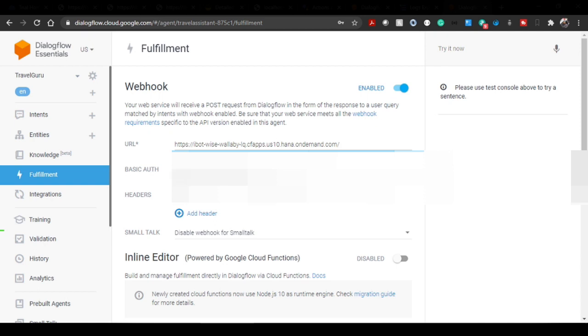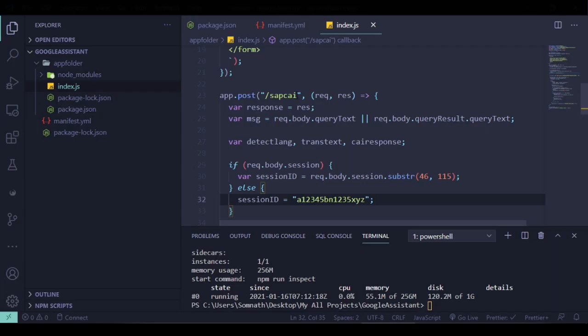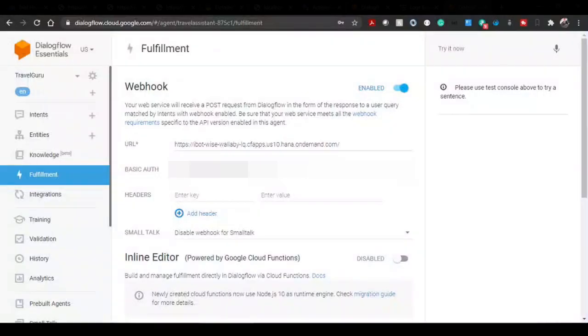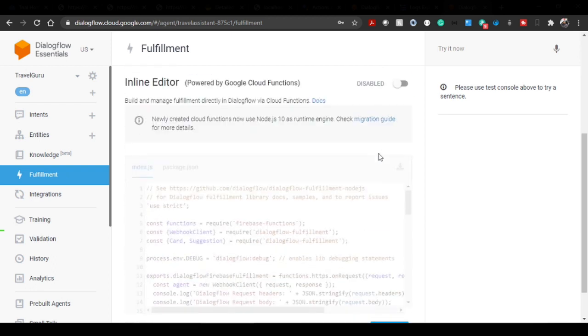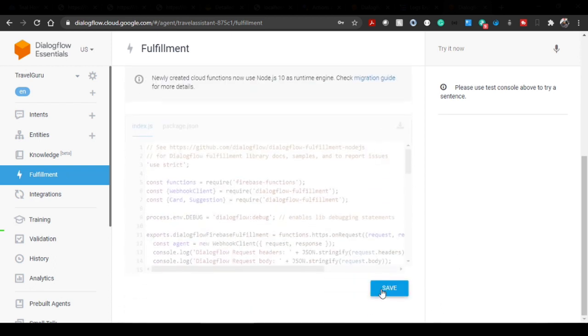And of course, the basic authentication ID and password: obviously your cloud platform user ID and password, because it has to connect with this particular bot or the Node.js application. We need to mention the entities because the post call will go to this SAP CI, so we have to mention the same thing over here as well. That's all, and we click on the save button.